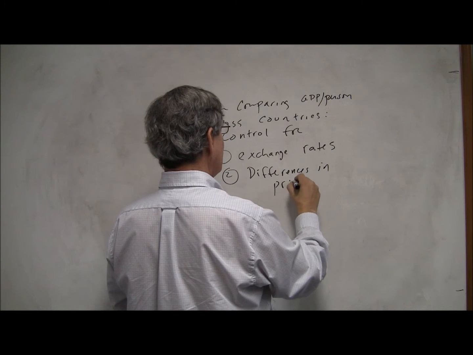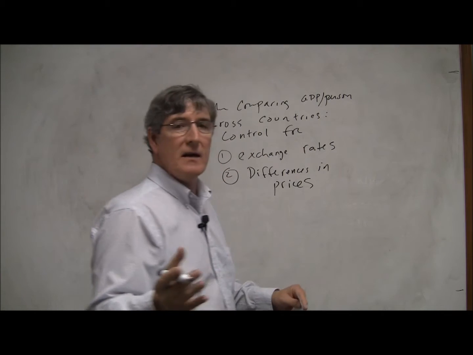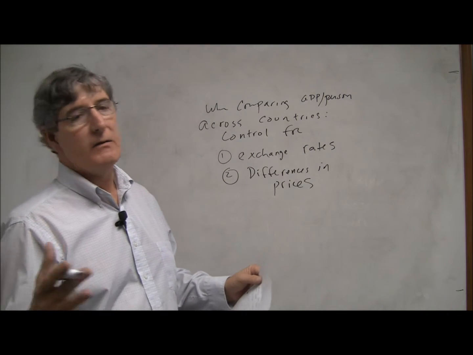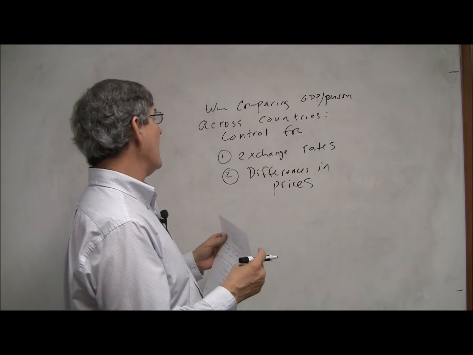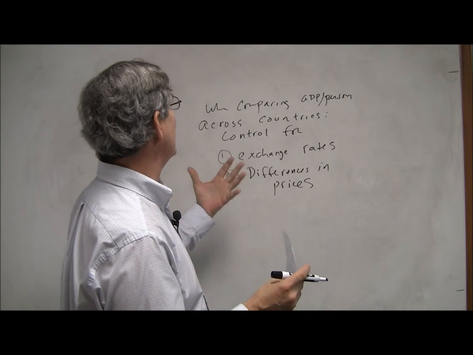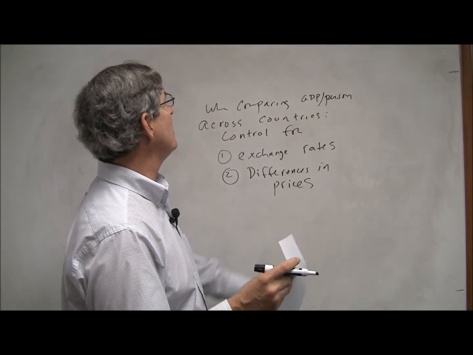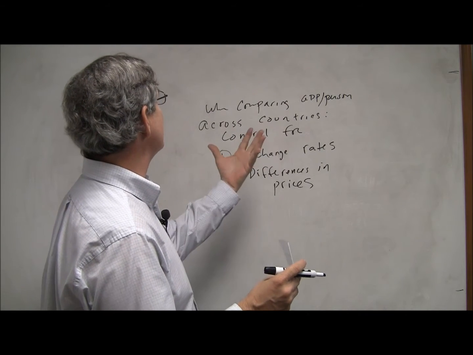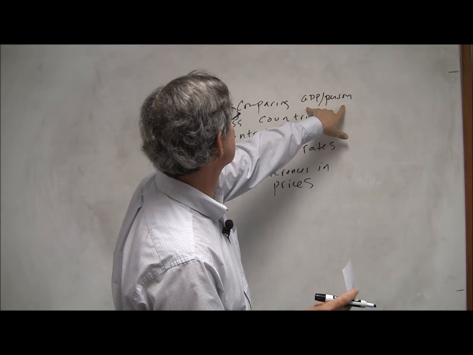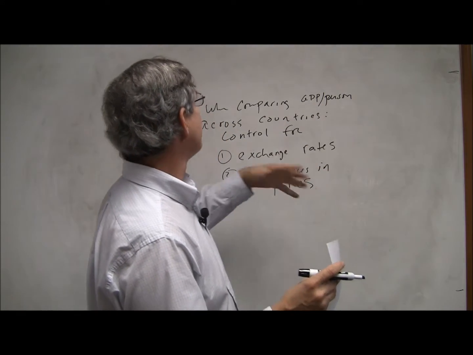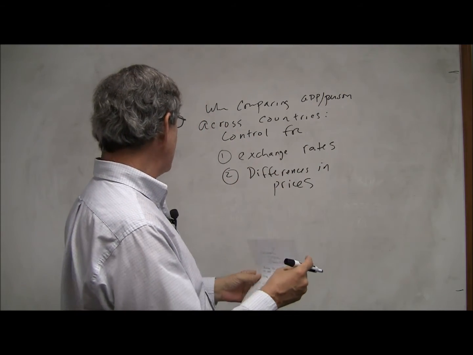Housing, for instance, might have a very different cost depending upon which country you're in. If you don't adjust for those kinds of things, you're going to get the wrong types of answers when you're comparing how well people live in these two countries. You're trying to assess well-being here in some sense. We're using GDP per person as our measure of that. You need to adjust for these kinds of things.